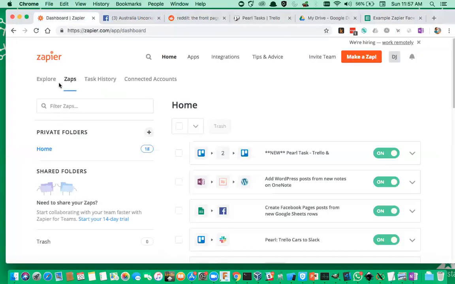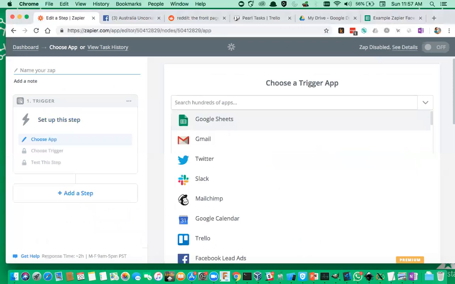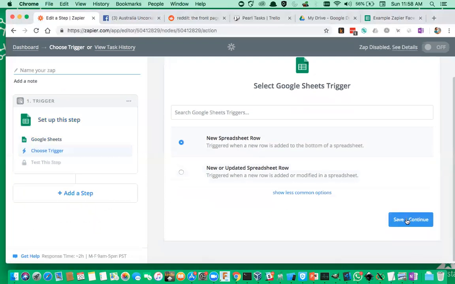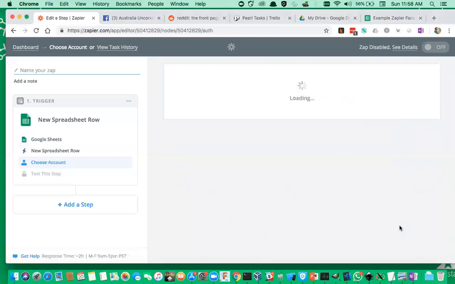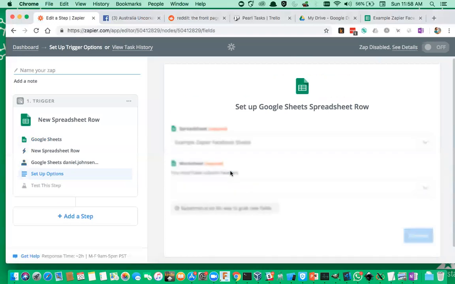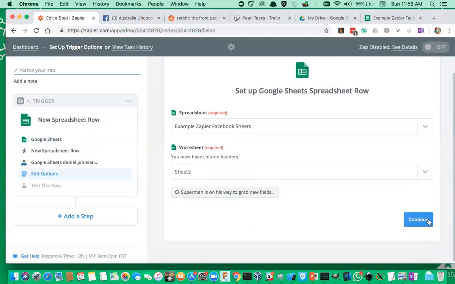Another thing you can do with Zapier, and this one is free for you all to do, is connect Google Sheets with Gmail. So when a new spreadsheet row is added, like somebody registered, because it saves to a Google Sheet, or you should have it set up like that. The spreadsheet we want to grab is this one, and the worksheet we want is the second one, which is sheet 2. When we click continue,